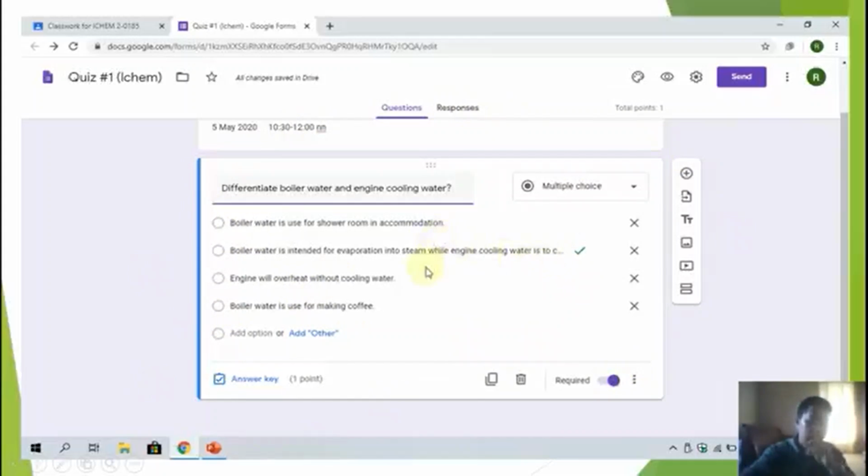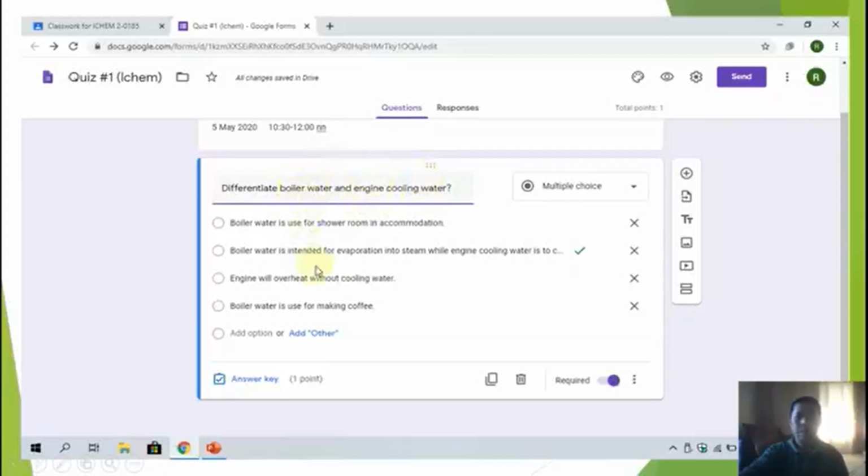So first you have to type here, for example, quiz number 1, open and close parenthesis, IChem, and somewhere here you just scroll and you type also the same day, date and time. So it's up to you. Here you have to type the question, for example, differentiate boiler water and engine coolant water.